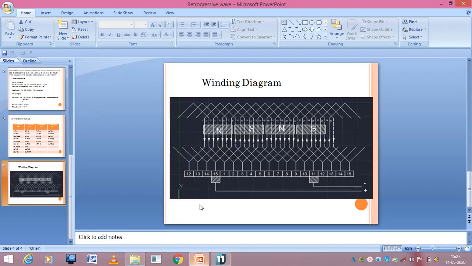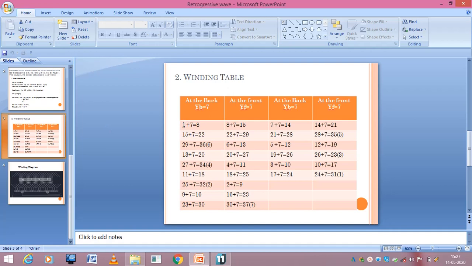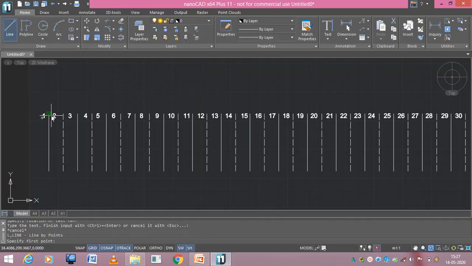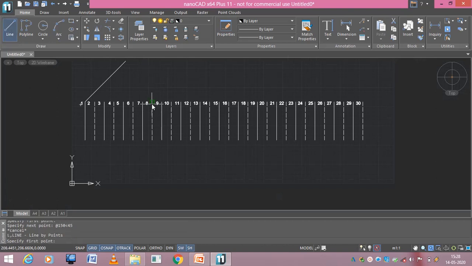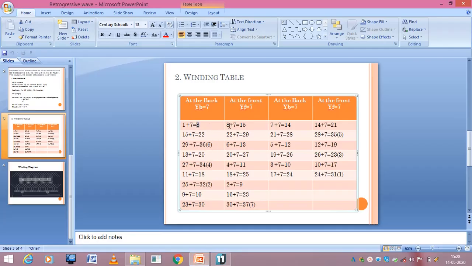So in this winding table, the first conductor is connected to the 8th conductor at the back end. This is the 8th conductor. And 8th conductor is connected to 15th conductor.